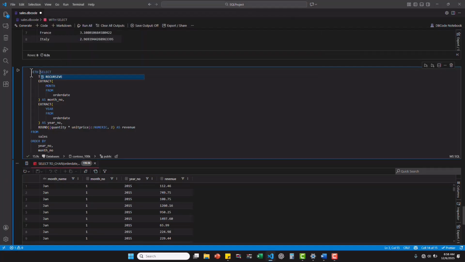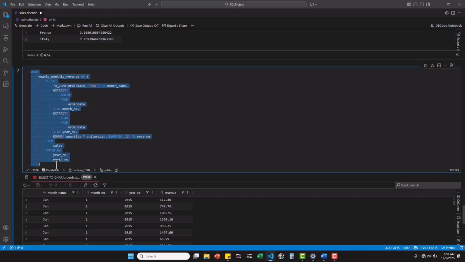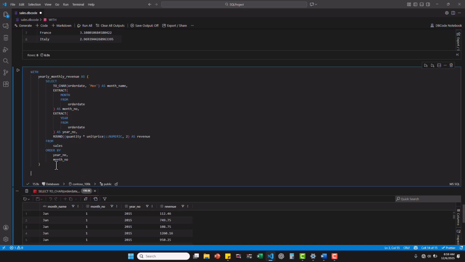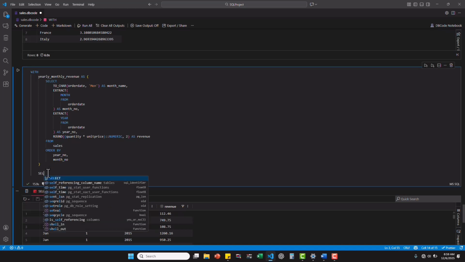So, WITH yearly_monthly_revenue AS, open bracket, close bracket. Let's format it. So now we'll be using a case statement, so that I just show you an example, then I'm going to write the rest of the statement so you understand how it works. So select